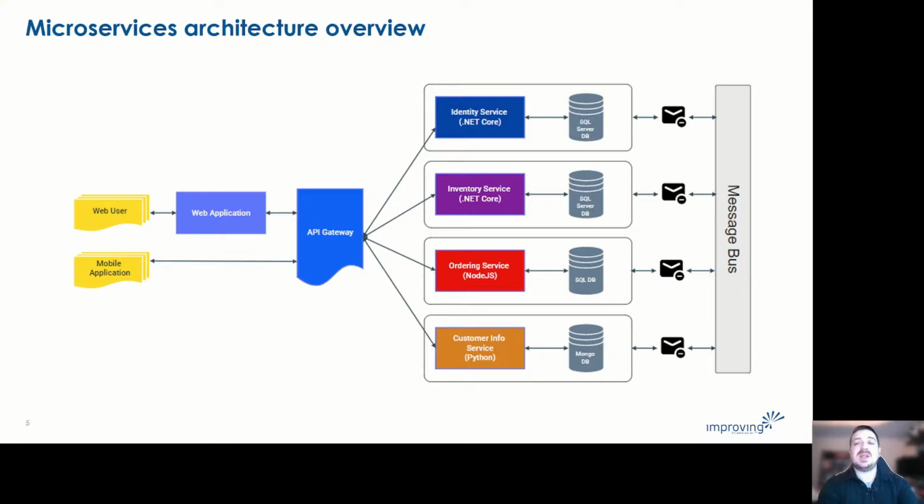And then what ties all of these together is an asynchronous message platform. Now, there are absolutely cases where you would want to do direct service-to-service invocation, but this async message platform really decouples all of these services and provides some functionality so that your application can still function if one of these services is offline or having some issues, right? Your message broker can determine what's happening in some of the other services, store those messages, and then when that service comes back online, it will pick up those messages and keep on rocking. That is a huge benefit of having a microservices architecture.